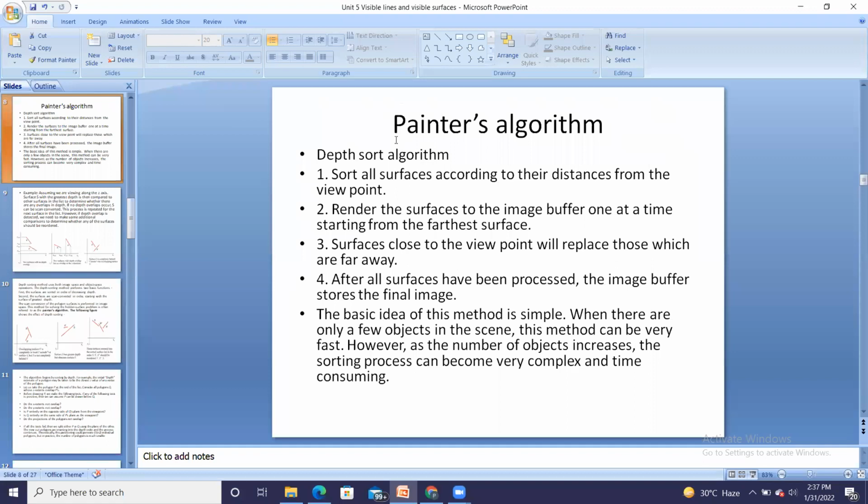Then this new algorithm we have started with is known as Painter's algorithm, or it is also called the depth sort algorithm. In this algorithm, the sorting of surfaces is done based upon their Z values, considering the greatest value first. So it is exactly opposite to your Z buffer algorithm. It is going to draw the farthest objects first, and then it will concentrate on the objects which are near with respect to the viewer. We have seen the example of a picture drawn by a painter. In that picture, he is drawing the hills and